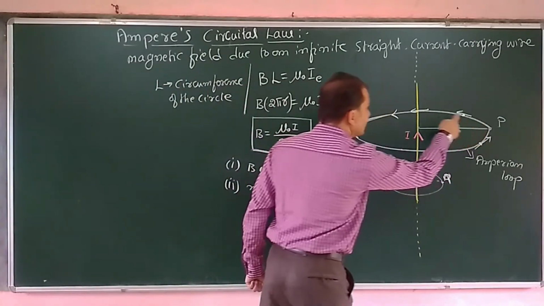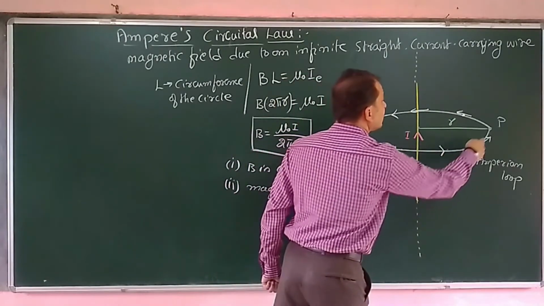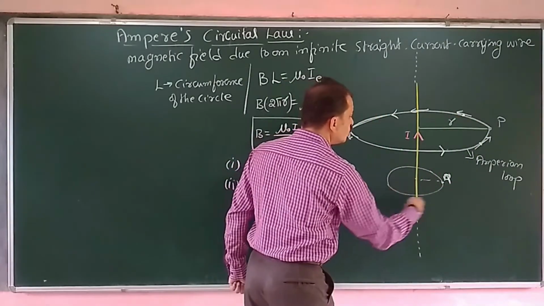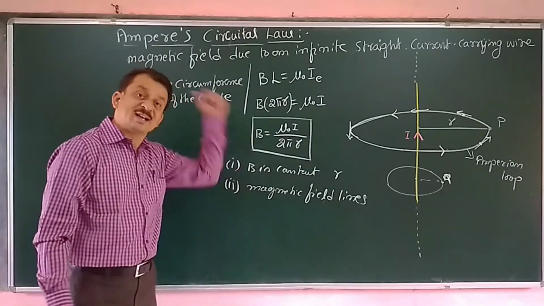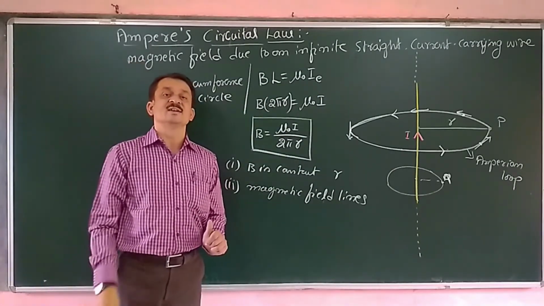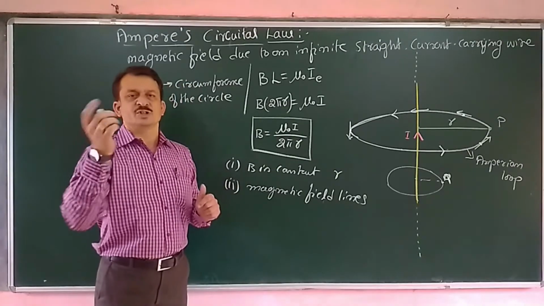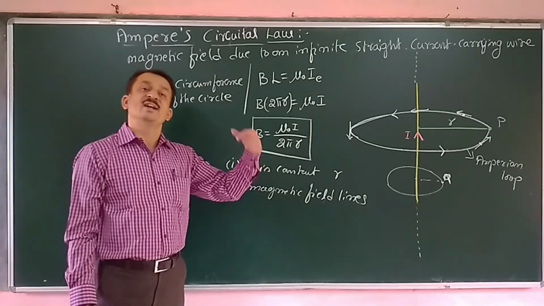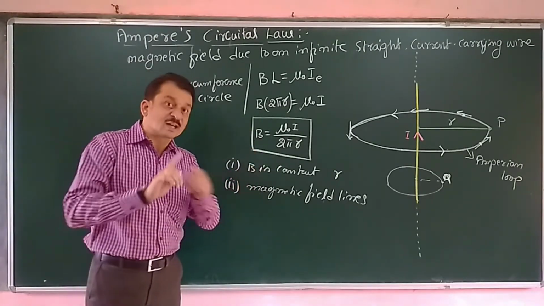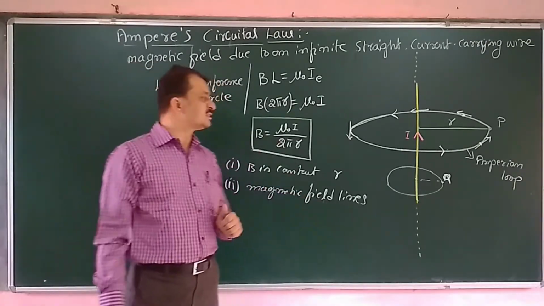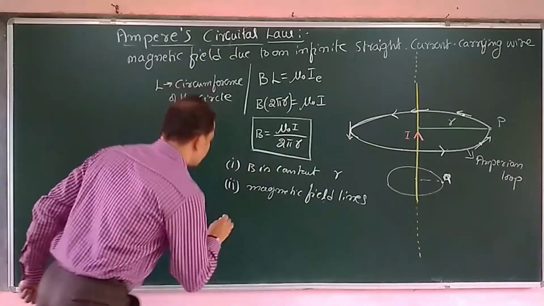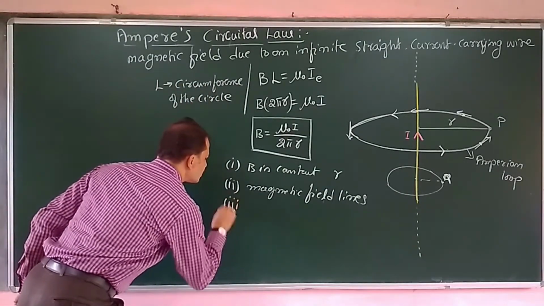These magnetic field lines form a closed loop, whereas in the case of electric field lines, they start from positive charge and end at negative charge. That is the major difference between electric field lines and magnetic field lines. That's the second point. And the third observation,